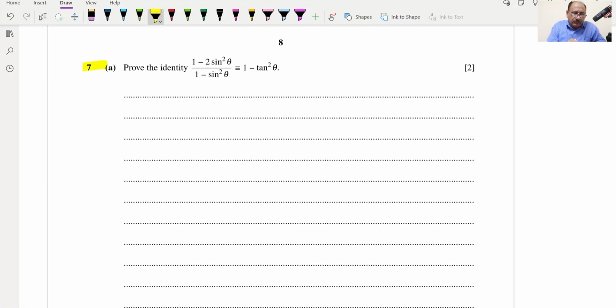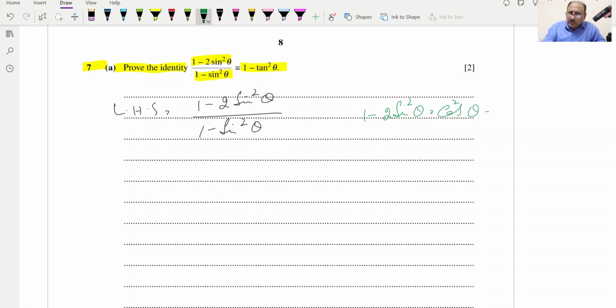Question number 7, A part, prove the identity. This is equal to 1 minus tan squared theta. So we will take the left hand side. The left hand side is (1 minus 2 sine squared theta) over (1 minus sine squared theta). We know the formula 1 minus 2 sine squared theta is equal to cos squared theta minus sine squared theta, and this will be the formula which we will be using for